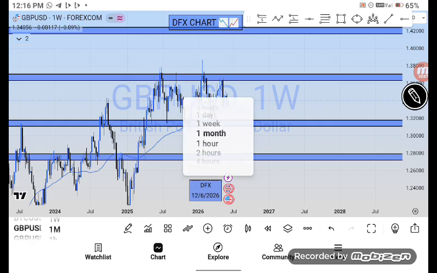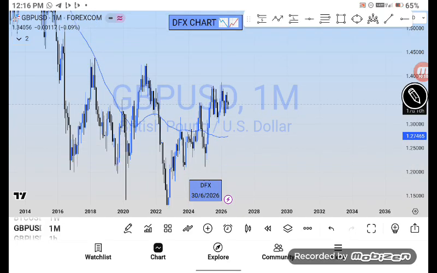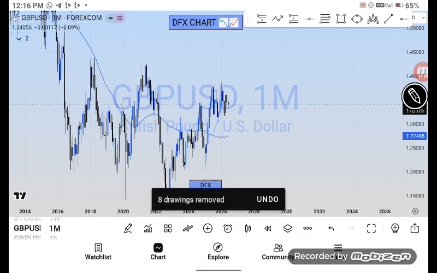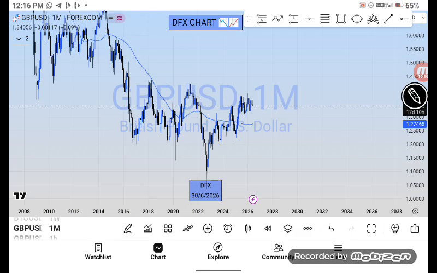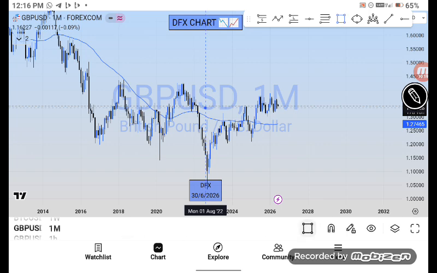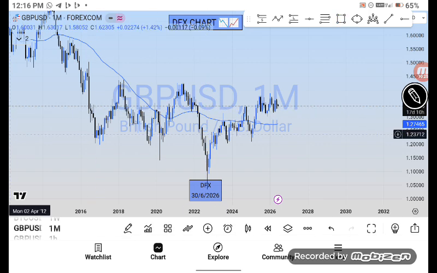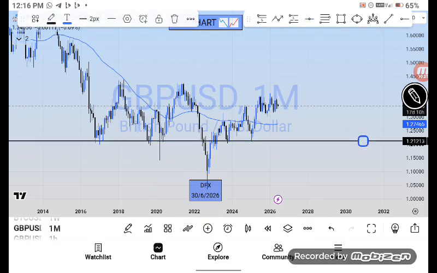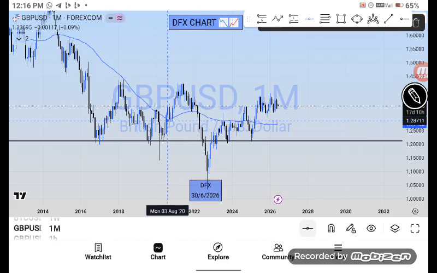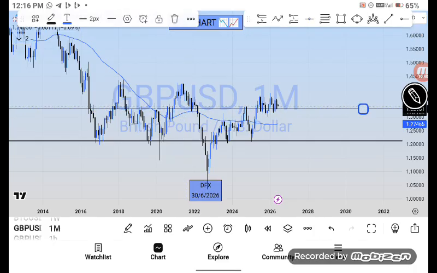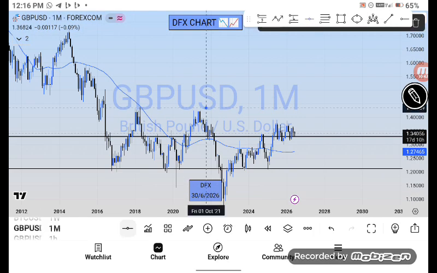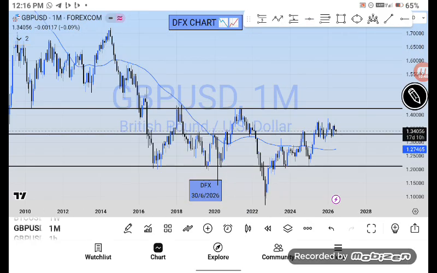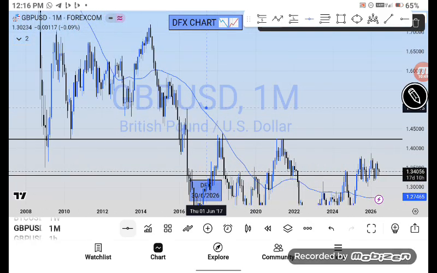Let me see if I can draw it on a monthly time frame. Let me remove the drawing on the monthly time frame. What do we have here? Should I use the line first? Let me make use of the line. The most obvious one is here. We have one here, another one here, another one here, and then another one here. Are you seeing it? These are monthly key levels, but actually I'm focusing on the weekly